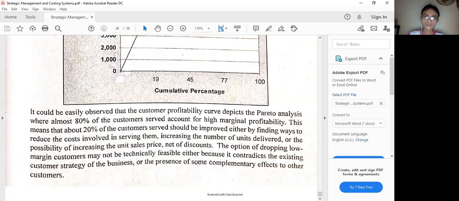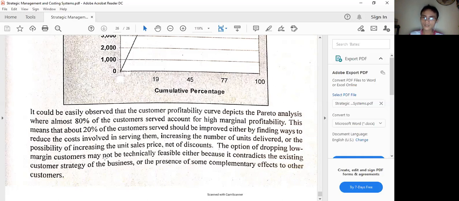Perhaps we can reduce the costs for them so that we can have more units delivered to them. So increasing the sales by having lesser prices for them. And then we can also have increasing the unit sales price net of the discounts. So that's also one thing that we can think about. So if the price before net of discount is 10, we have to increase it to 12 so that we can have higher sales. But it is not advised, technically feasible, to drop the low margin customers because it contradicts